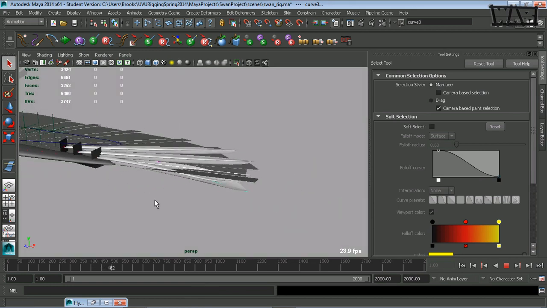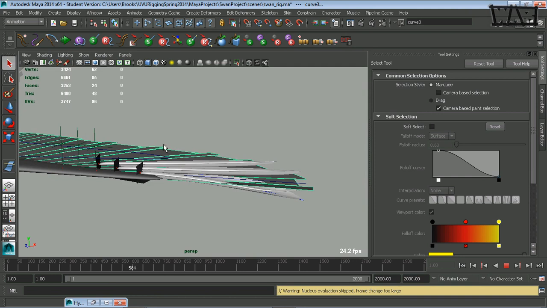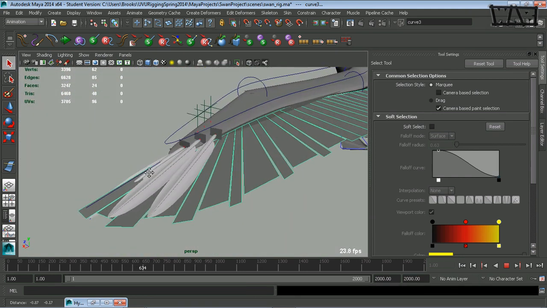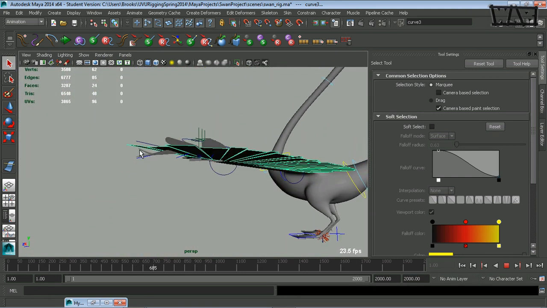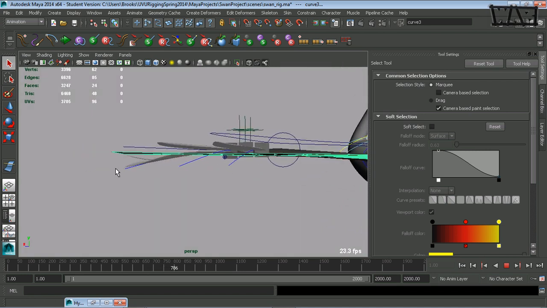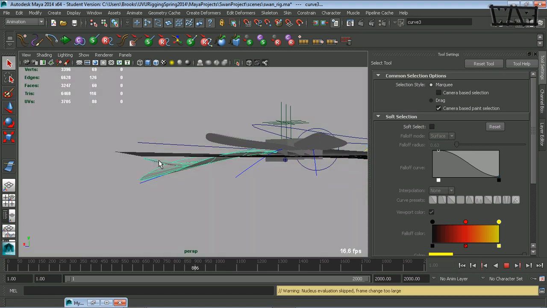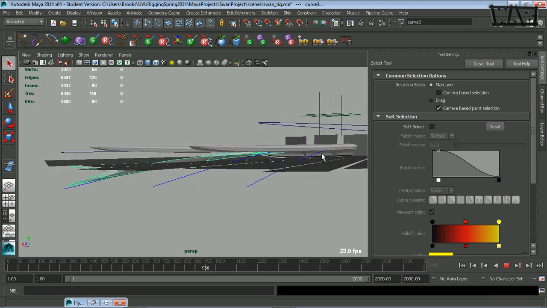Okay, it even looks kind of nice for what's going on. Except you notice that quill isn't really deforming very well. It's not following the curve like the feather is. This part. So what we need to do to fix that